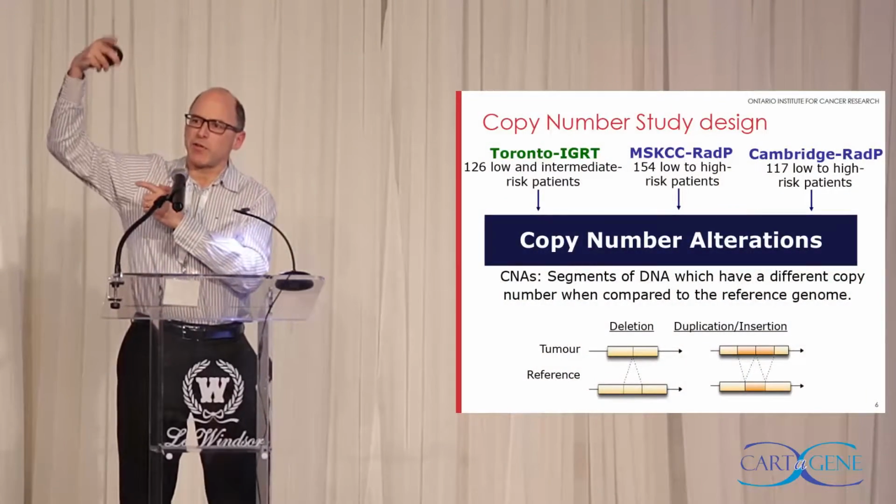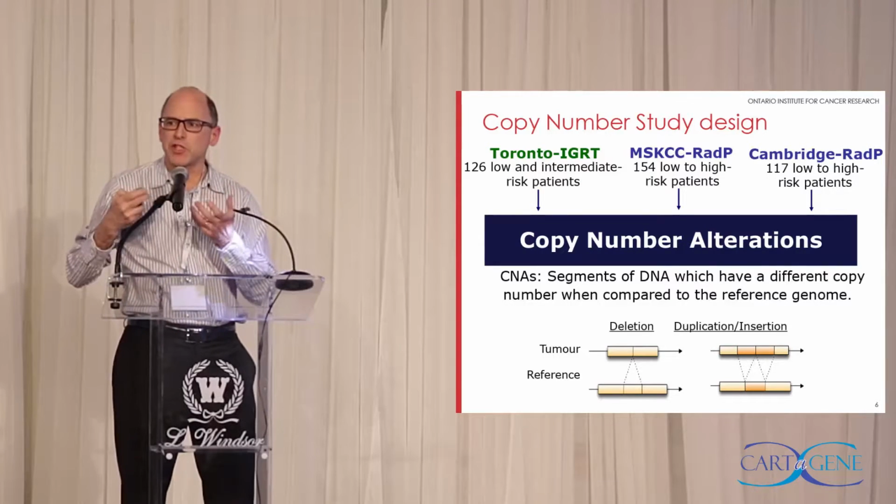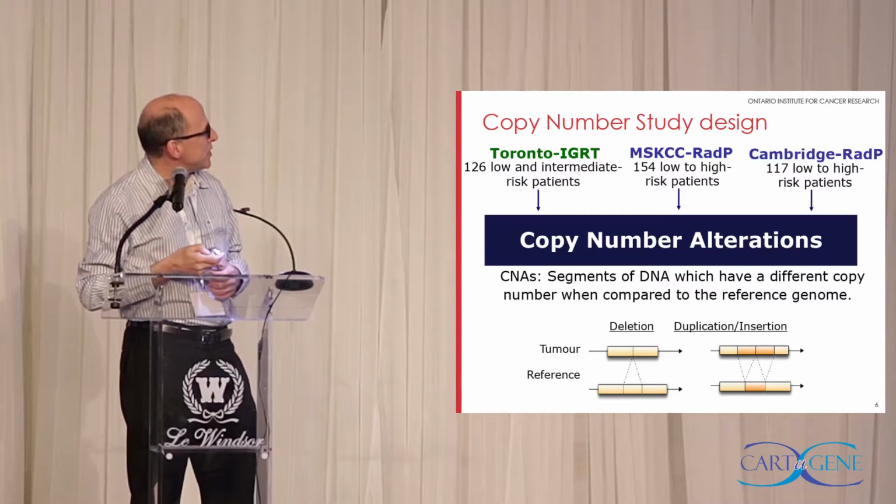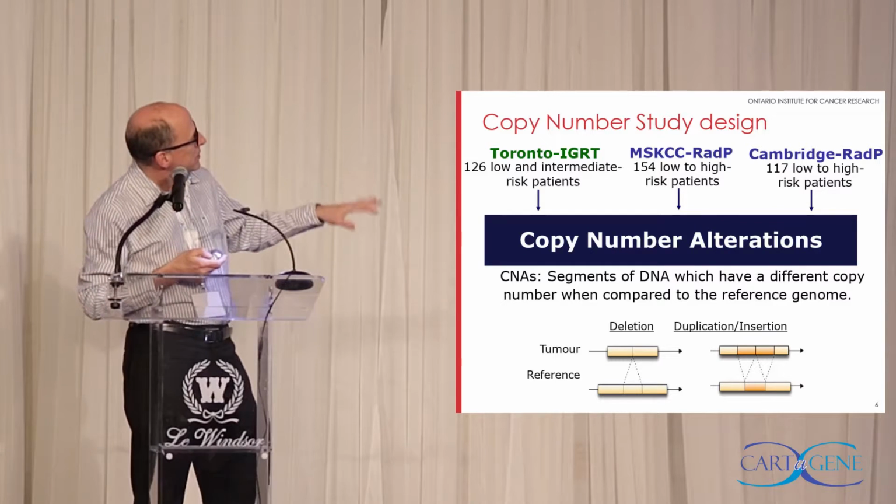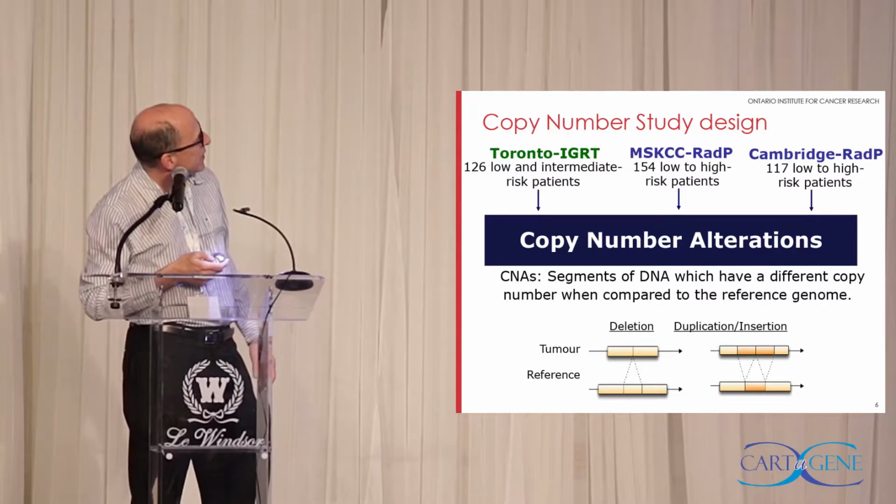So I'm going to talk about a radiation therapy cohort. It doesn't really matter, but we did use different cohorts to validate, both from Canada and UK and US, to validate some later results. I'm only going to talk about one type of genomic abnormality called copy number variation. That's where the number of copies of a gene, which we should have 2, could go, if there's a deletion, you have 1 or 0, or if it's amplified, you can have 3, 4, 5, 6, 7. So I'm looking for changes in the number of copies of a gene.